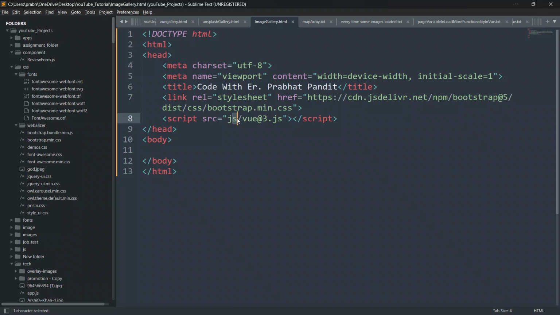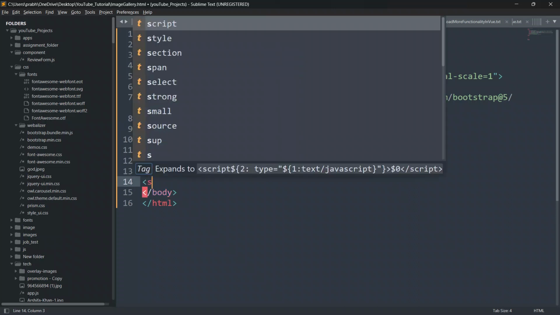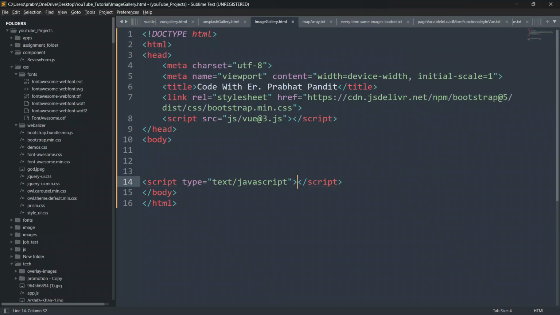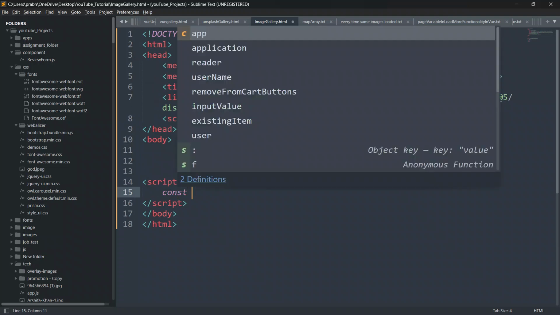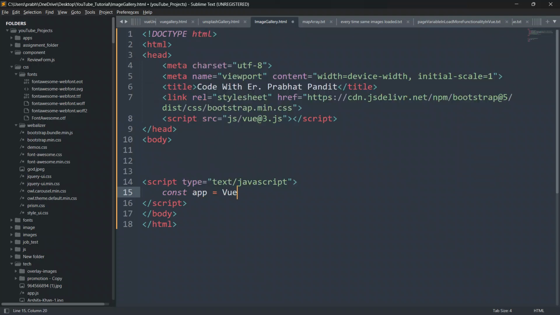Now first of all I'm gonna create a script tag, and we have to write our Vue.js code. Then we have to create some of the variables also. I'm gonna start with the script tag and write the JS code. So just create a script tag, and we are gonna create the variable also. I'll say const, and I'm gonna give the variable name as app and equal to Vue.createApp. Vue.createApp is used to create the app,